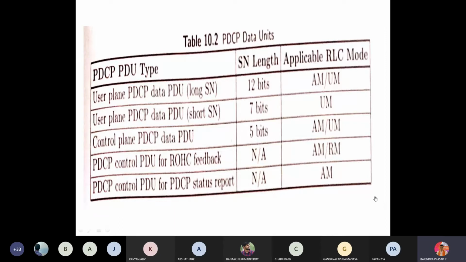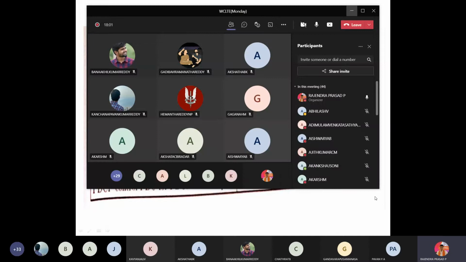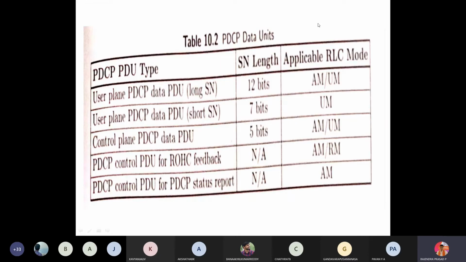Right. So there will be some information like, if I take a PDF, the data will be in MB. If I take a Microsoft Word file, the data will be in KBs, right? If I take an image, the data will be in MB. If I take an audio file, it will be in MB. If I take a video application, then the data can be in GB. So for long sequence number and short sequence number, how many bits do I need to assign?